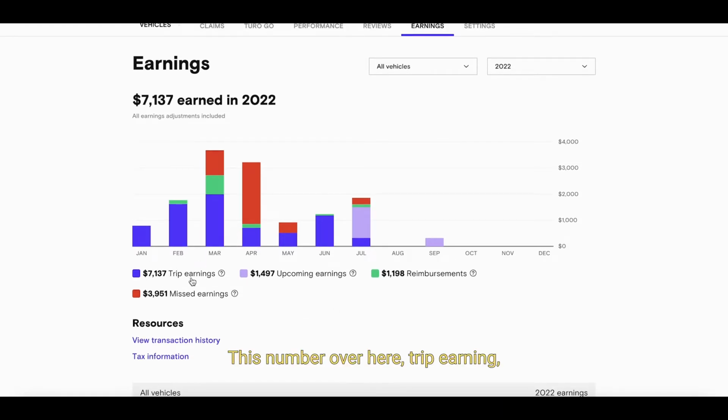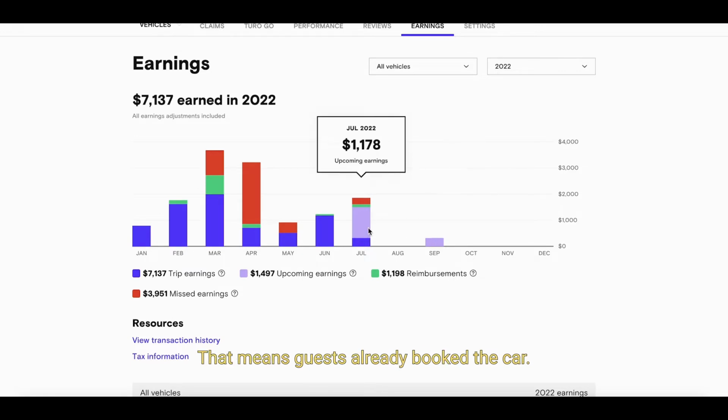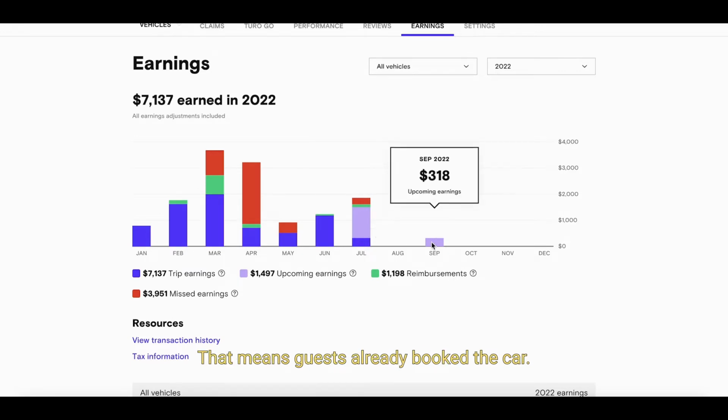This number over here, trip earning, is my actual trip earning, and here it shows about $1,497 for upcoming earning, which is these. That means guests already booked the car. However,